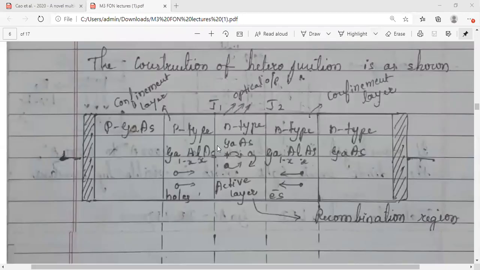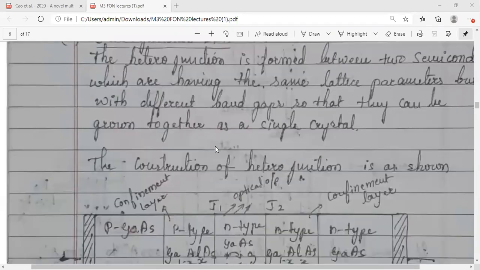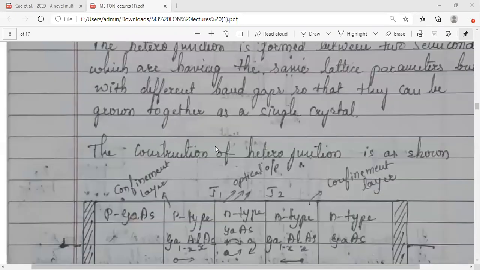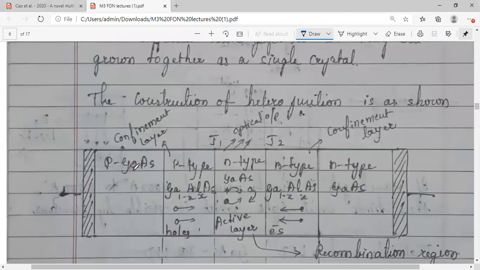We have already discussed in the previous session the heterostructure of the LED, in which we have different layers. You can see there is a P, there is an N junction. Normally you'll be having a junction like this for a semiconductor diode. This is your P, this is your N. So what is the difference that you find here?